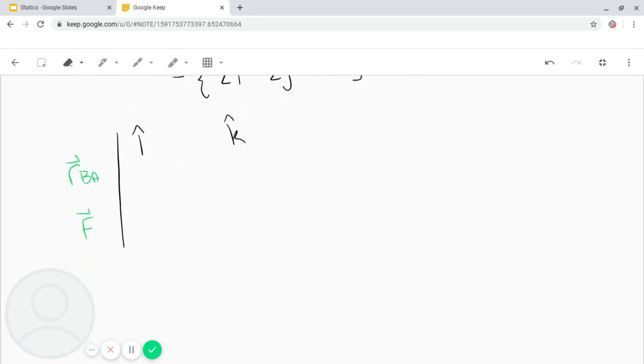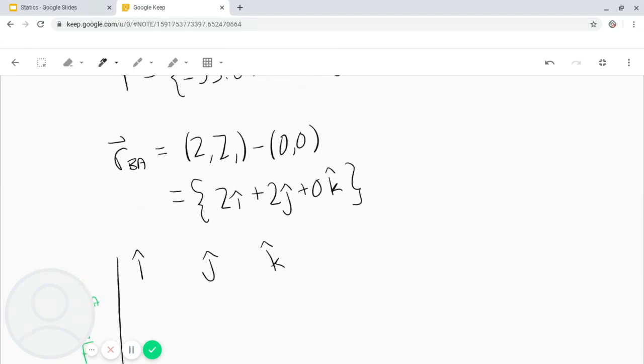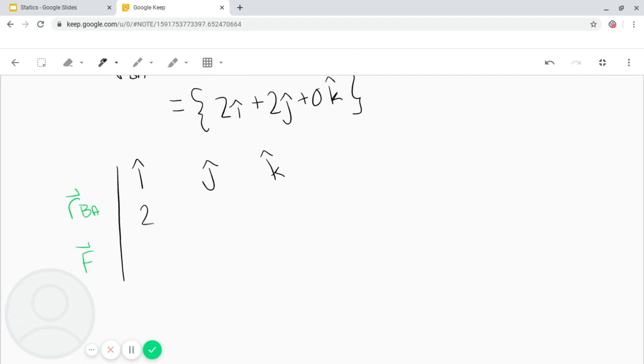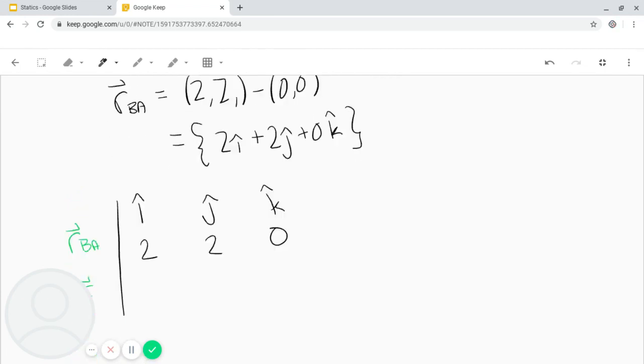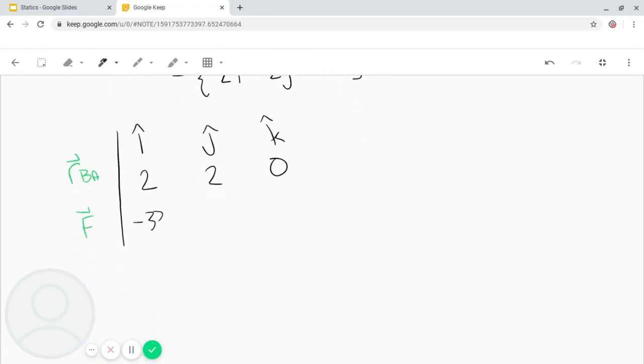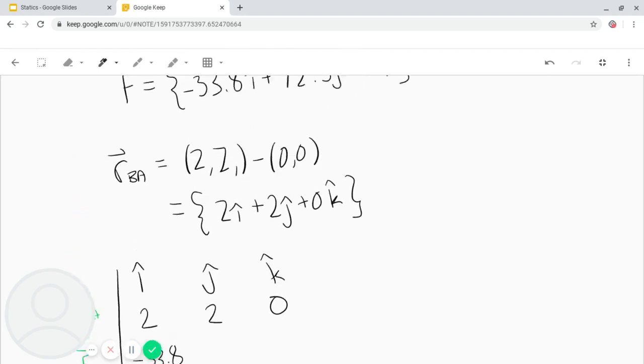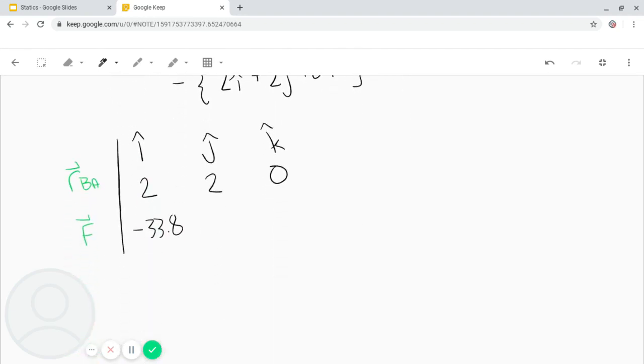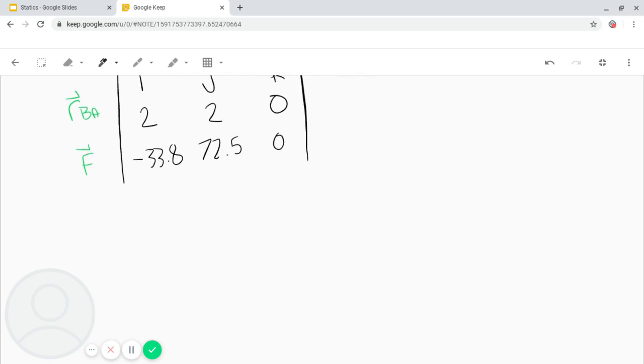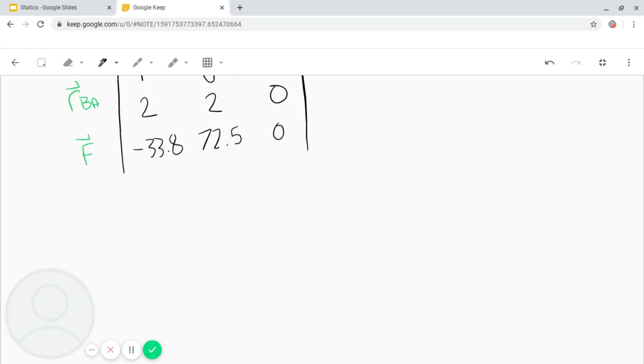And I just want to spread these out a little bit as well, just so we have room for significant digits. So we have 2, 2, 0, and negative 33.8, 72.5, 0. Okay, and then we're going to find this. So I'm going to call this moment about B is equal to